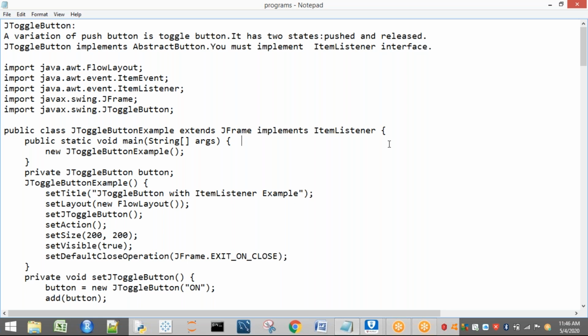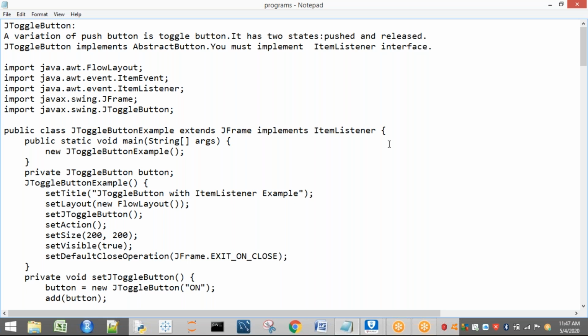For example, if you consider a CPU button, when you press it, it goes back in, and when I press once again, it comes to the front. That means released. A better example is a normal table fan, where the switches are there. If I click on the button, it is pushed into the fan, and if I press once again, it is released. In the same way, you can see these two variations in our toggle button, but you cannot observe this type of variation in our normal JButton.